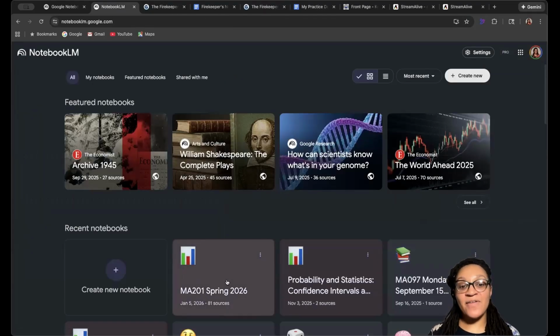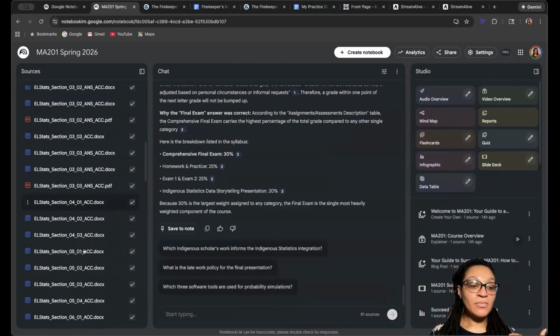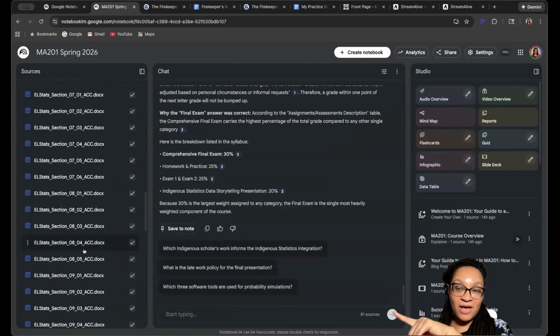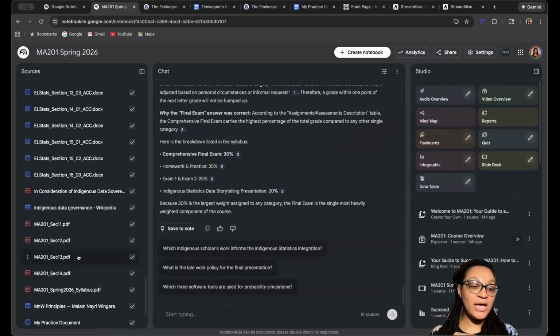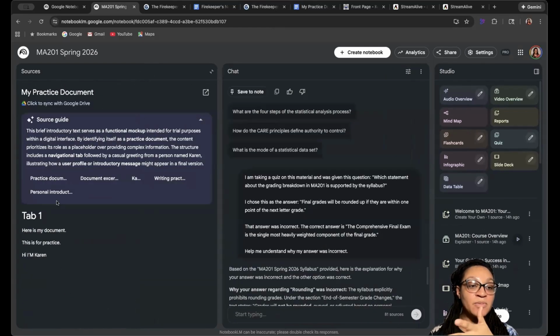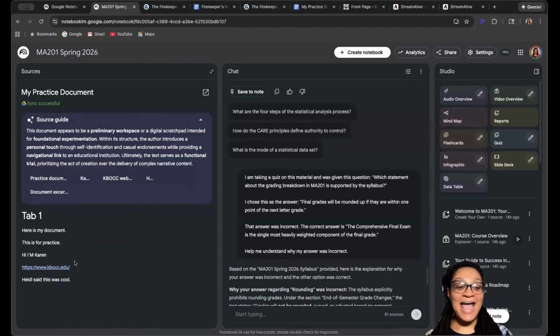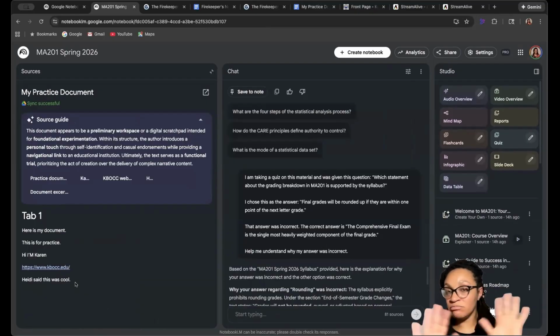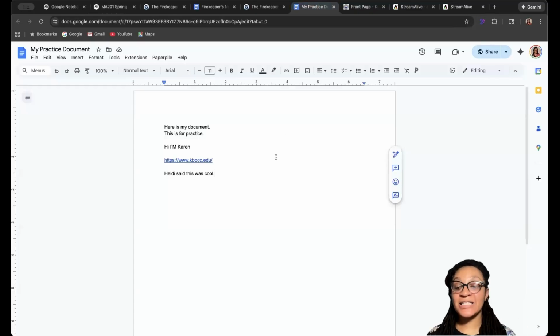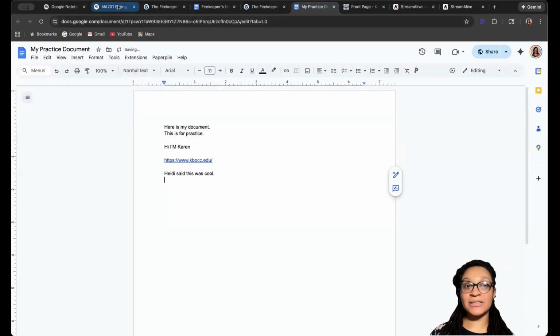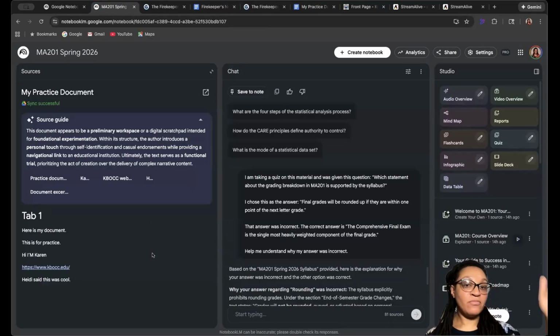So now it says, I have 81 sources. And then, like I said, when I don't have this toggle on, it will show you that your document needs to be uploaded. So now it does. Okay. So it's click to sync with Google Drive. Okay, I'm going to click here. It says it was successful, and now everything that I added has now been added to my notebook here. So it says, "Hi, I'm Karen. There's the new website link. Heidi said this was cool." Right? So anything that I add to this document will automatically get added here